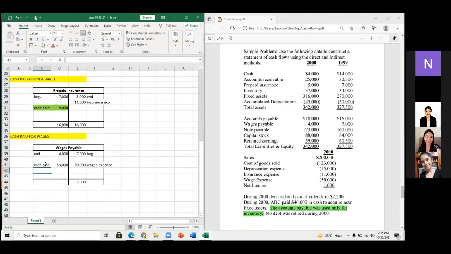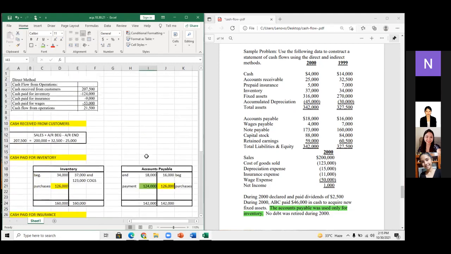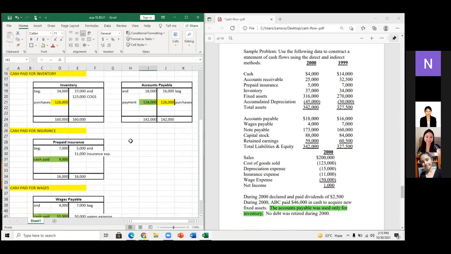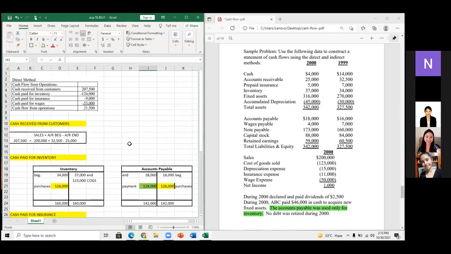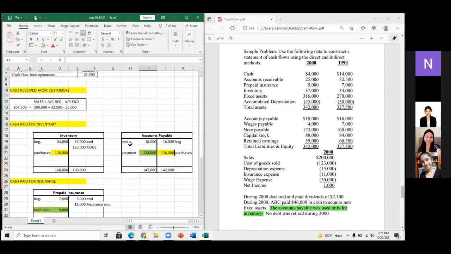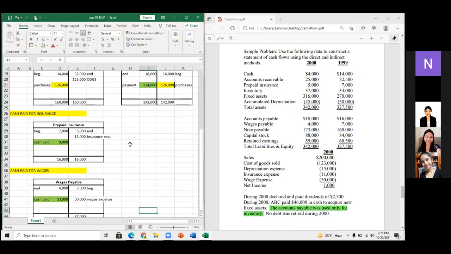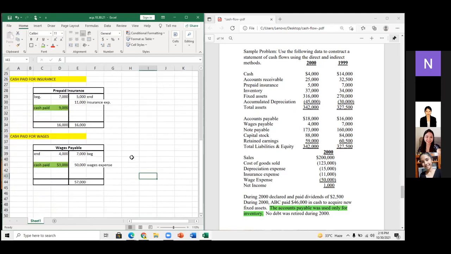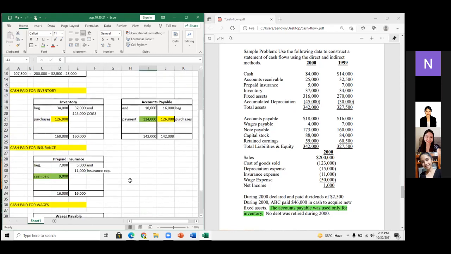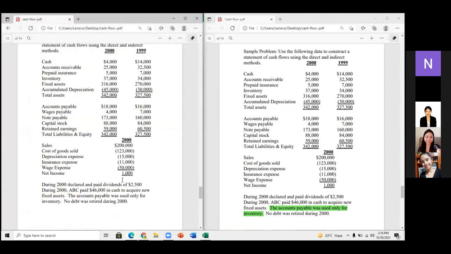So, yun. Ganun natin nakuha yung mga expenses na niless natin dun sa cash received. Malinaw ba yun? Malinaw ba itong direct method sa cash flow from operations? Wala ba kayong tanong or clarification? So, kung malinaw na, punta na ulit tayo dun sa mismong